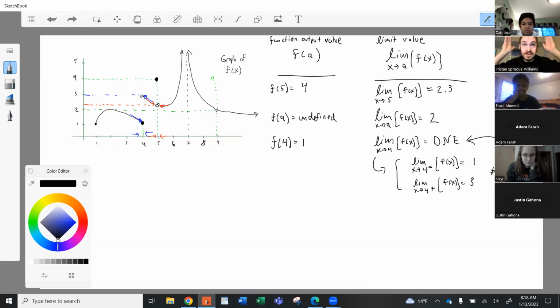Whereas with the limit, you have to take the blinders off and look to the left and look to the right and be like, okay, now what's the context? What's going on in the neighborhood around x equals 4? We're coming in from this side, we're coming in from that side. And you don't actually care about what's happening at 4. If anything, you take your blinders and you move them to here. And now I can only see to the left and I can only see to the right. And what actually is happening at 4 is no longer relevant. It's all about